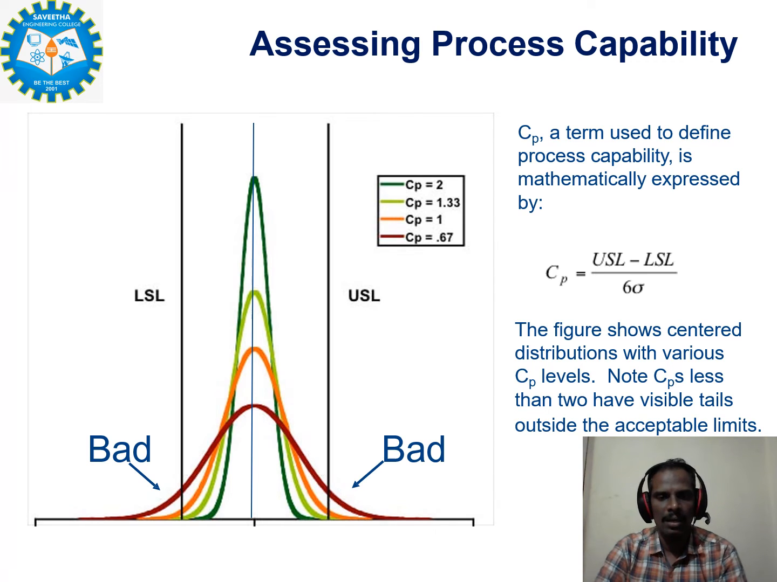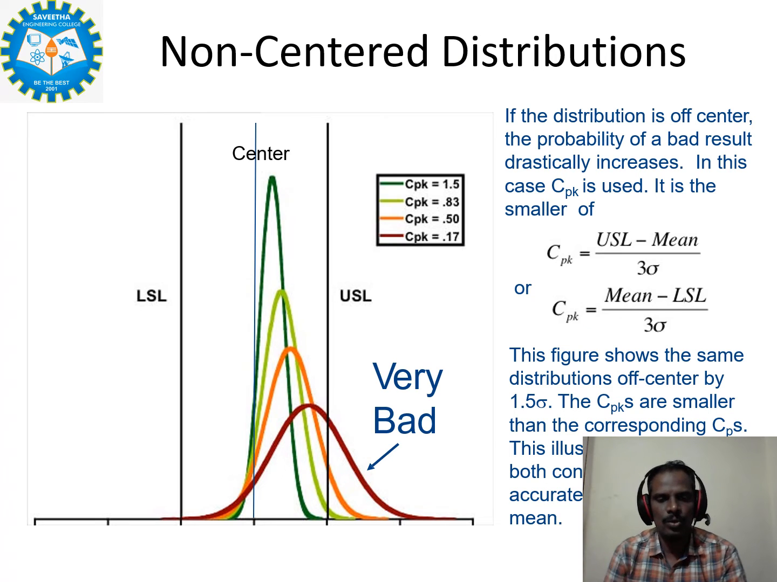So that is not meeting the specification requirement, where the graph is totally off the center line. For this type of graph we can go for Cpk, which is upper specification limit minus mean divided by 3 sigma, or mean minus lower specification limit divided by 3 sigma. This is the formula used for finding the non-centered process,